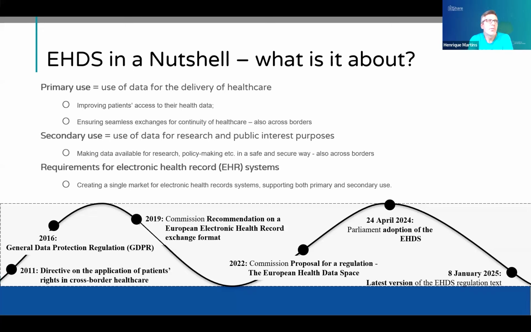Secondary use is all about using data for other purposes. Policymakers have to make decisions. Should we open a hospital here or there? Should we get more specialists in this area or in this other area? Researchers need to find out about our health, to find new treatments, new approaches, and so on. And of course, many people remember COVID. That's the best example of public health interest.